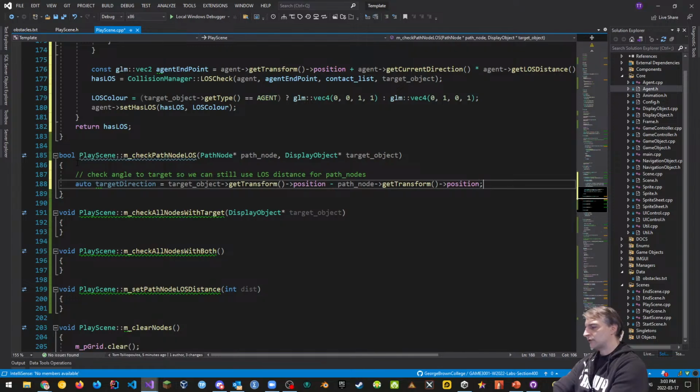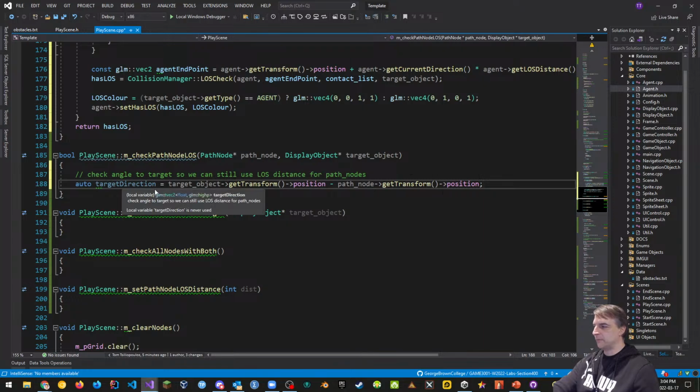Okay, so that's the direction from the target to the path node. It's going to be a big vector. So again, what we're doing here is drawing a line from the target to the path node.